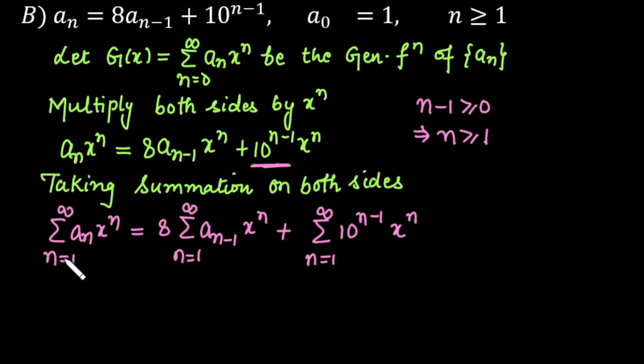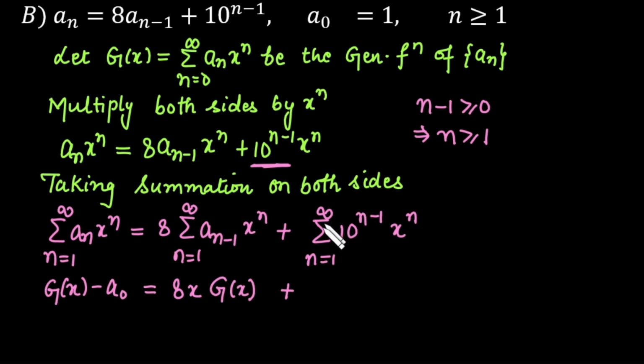Now this is equal to what? When you take n is equal to 1, we are getting a1, then a2, a3. We are getting all sequential terms except a0. Even the power and the index are the same, so we can write this as gx minus a0. This is equal to 8 times. Here 1 x is extra as compared to this index, so we can take that outside. Now check whether it generates a0, a1, a2, all sequential terms. So yes, it means we can write here gx plus